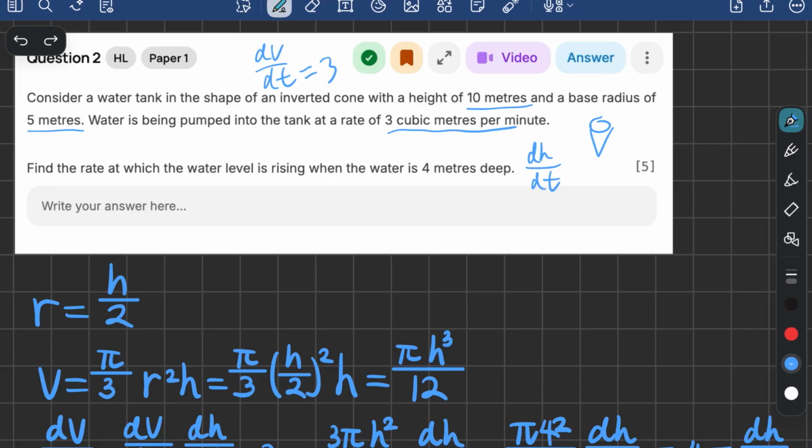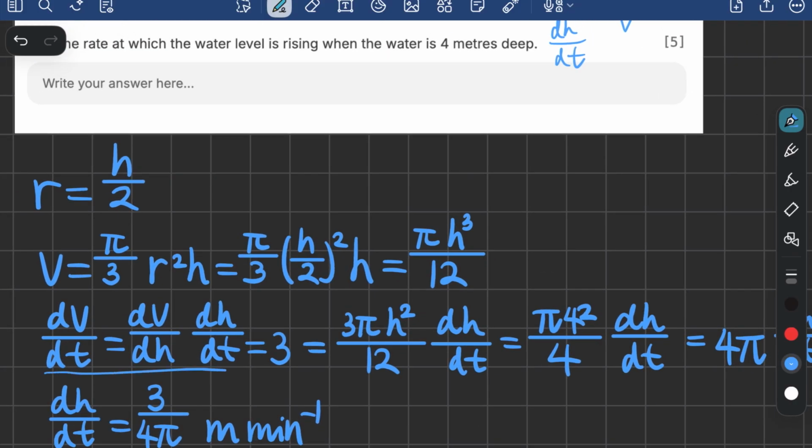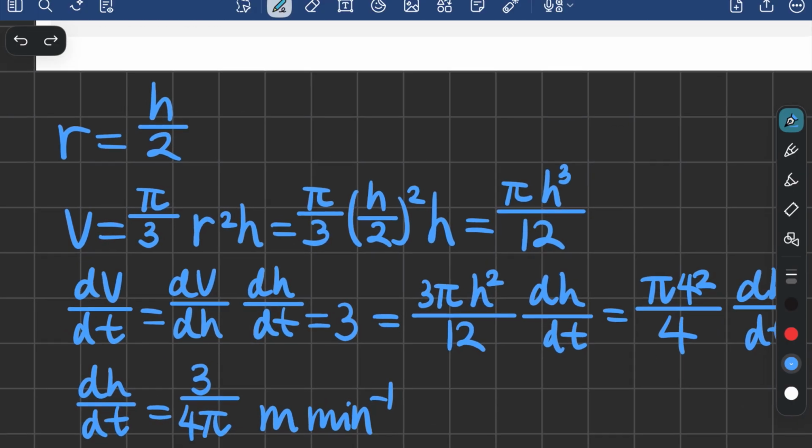And the most important thing in related rates is to set up an equation like this to help us solve. So what does that mean? Like dv dt, the rate of the volume increasing, equals dv dh times dh dt. Why? Because you can cancel out dh and dh, and then you have the same thing. So why do we do this? It's because this thing is given, it's 3, and this thing, we can obtain it by taking the derivative of this, and